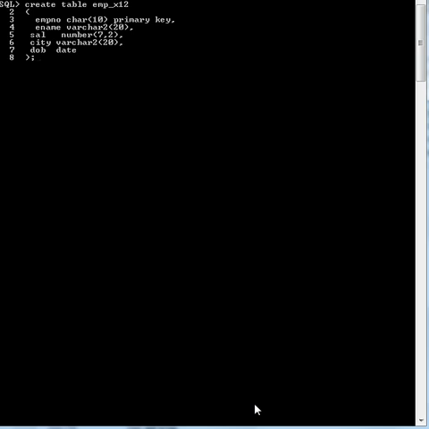So this time we are creating a table with a different name. Instead of EMP underscore 12, we are creating the table with EMP underscore x12. So the table has been created successfully.